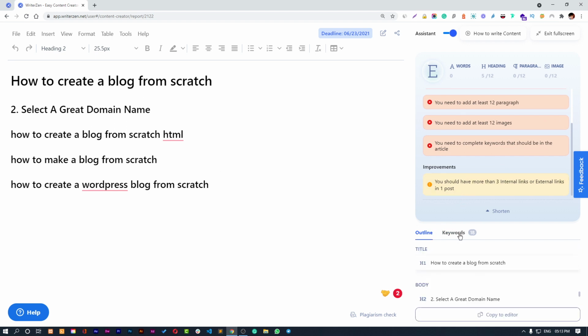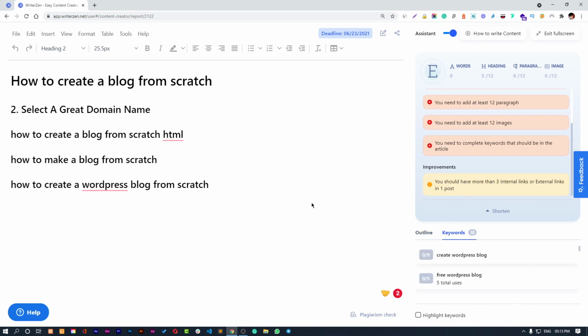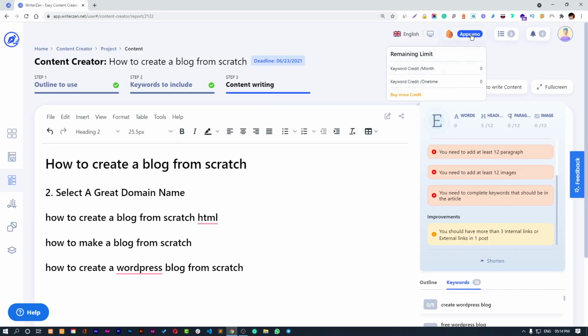And the same goes with outline and keywords, right guys? Interesting thing is that you can use all the content editor features from over here. Just click on it, you can make it bold or something, right? You can check the plagiarism, and to use the plagiarism you also have to consume the credits, right?